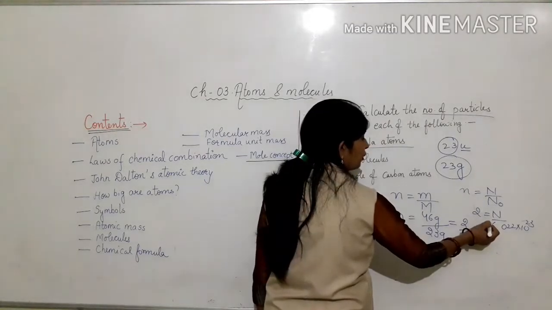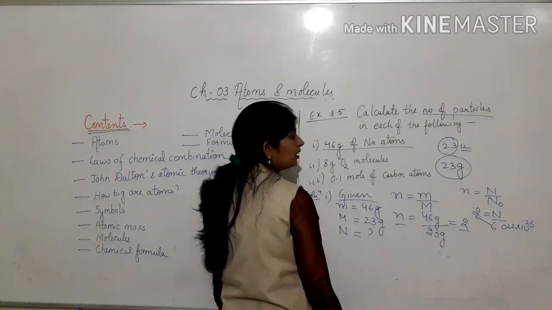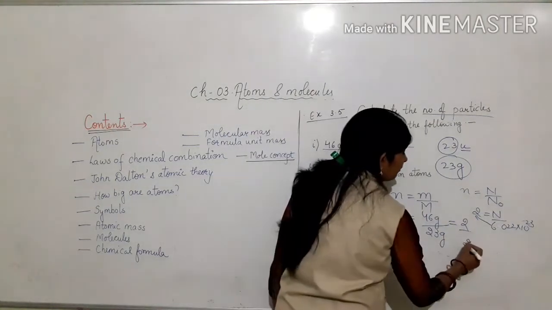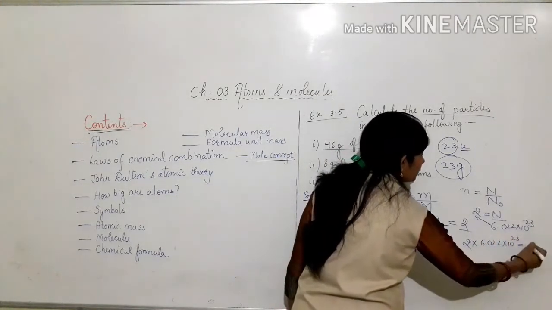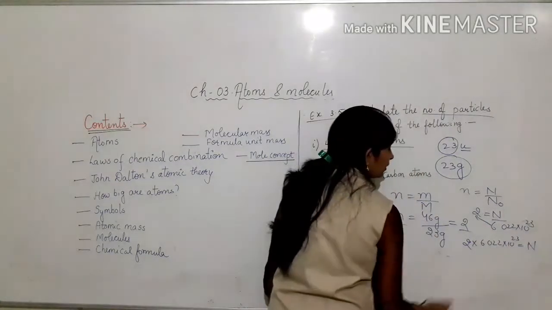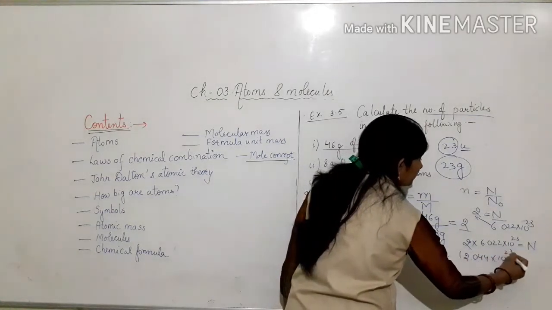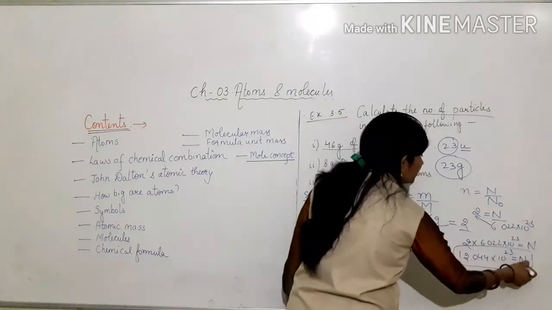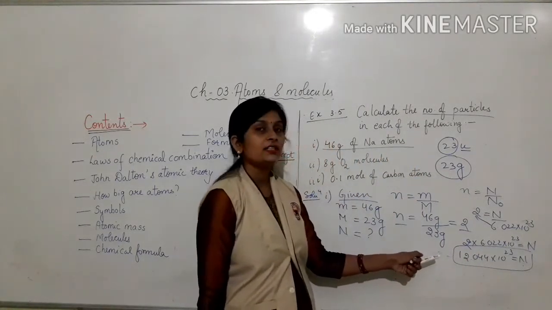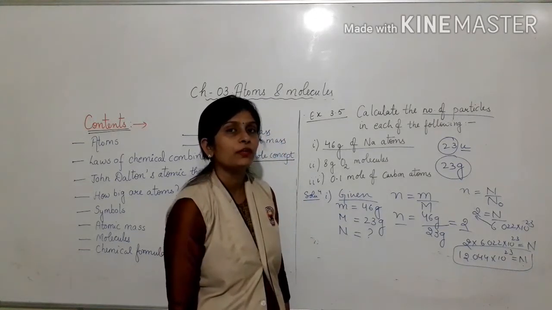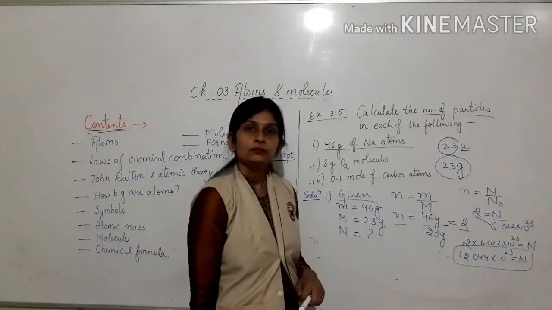Transfer this from right to left, then 6.022 into 10 to the power 23 will multiply 2. Now we have 2 into 6.022 into 10 to the power 23 is equal to capital N. Now solve this. We will have 12.044 into 10 to the power 23 is equal to capital N. So what is the number of particles or number of sodium atoms? That is 12.044 into 10 to the power 23, which are present in 46 gram of sodium